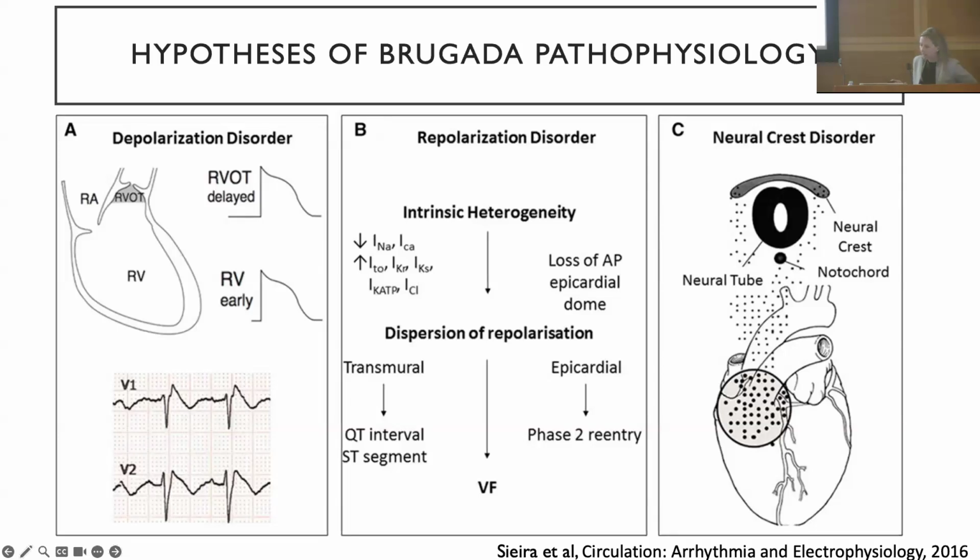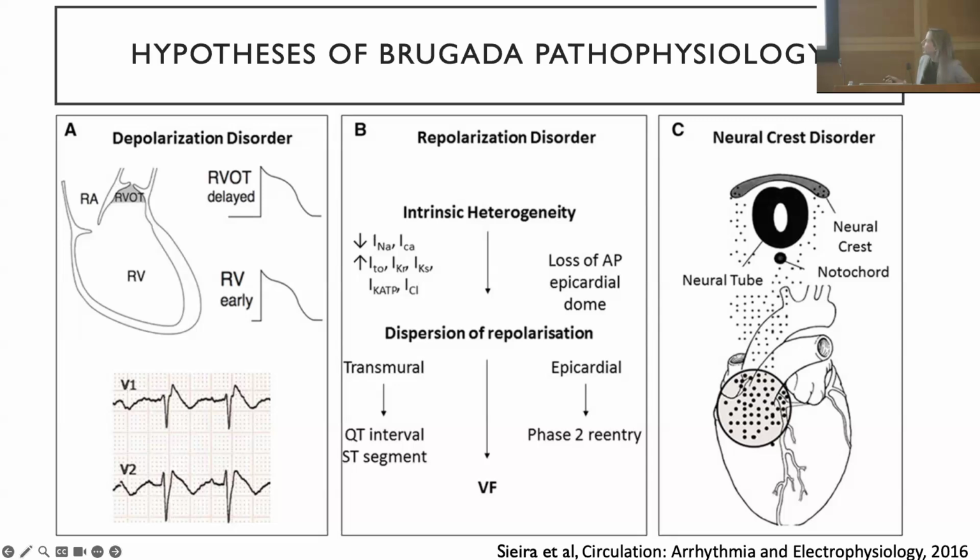So I'm not going to go into this in any detail in the interest of time, but just to walk you through this, there are multiple hypotheses that different people defend about how Brugada syndrome is caused. Initially, this was thought to be a pure channelopathy, but we know now that there's almost definitely a structural component to this. And so there's the depolarization hypothesis and the repolarization hypothesis, and there are 2 camps that defend one or the other. But I think what you can take from both of them is that in some way there's a gradient of electrical activity that's being generated that is then contributing to arrhythmia. And so that suggests an underlying structural issue.